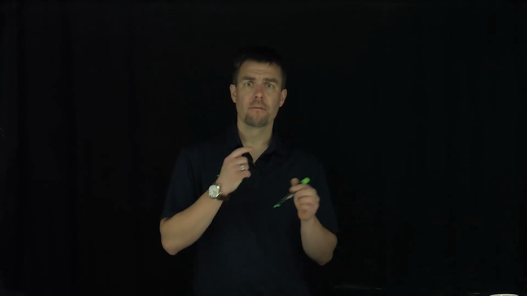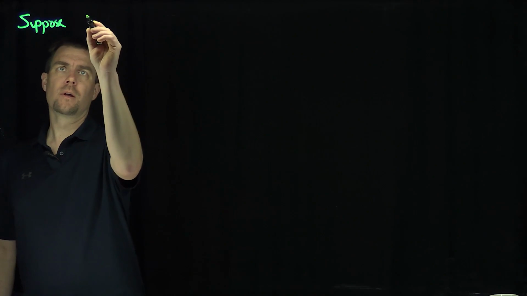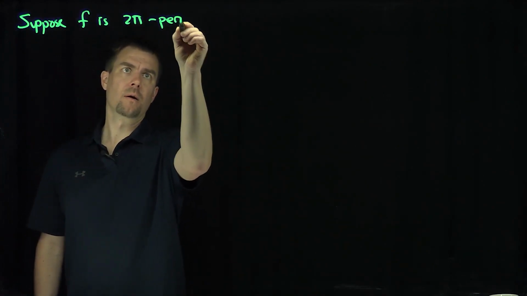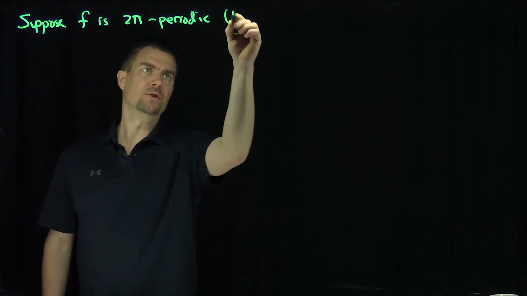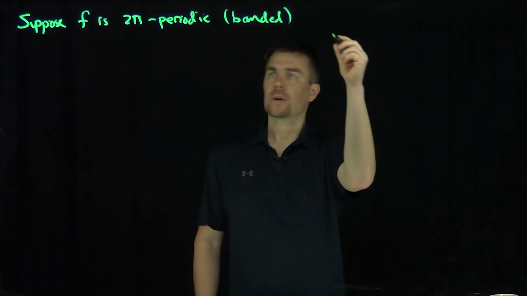Hello students, in this video we'll prove the Fourier series of a function converges to the average value of the function at a jump point. So let's suppose f is 2 pi periodic. I'm going to assume it's bounded for the sake of argument, on a bounded interval, such that